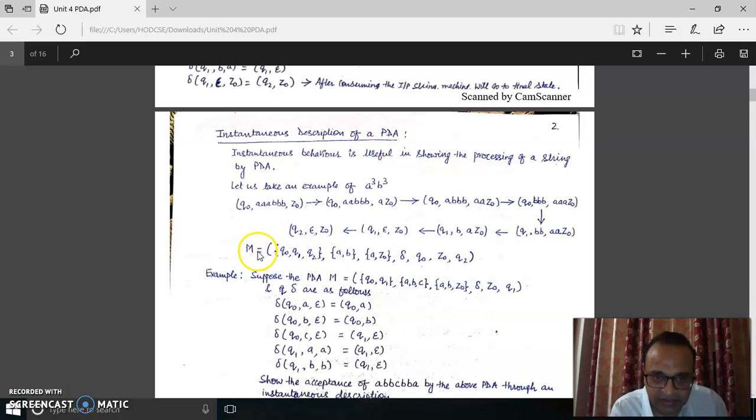So here you can see that the machine can be represented like this: Q, sigma, tau, del, Q0, Z0, and the final state. There are 7 tuples. Q is a set of states. There are 3 states: Q0, Q1, and Q2. There are 2 input symbols, A and B. There is a stack. This is the tau. Tau means stack symbols. The stack symbols are only A and the stack initial symbol Z0. Transitions you have already seen a few minutes before. Q0 is the initial state, Z0 is the stack initial symbol, and Q2 is the final state.